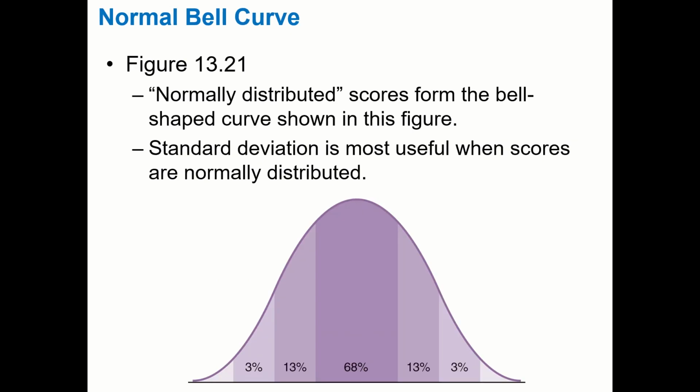So this is standard deviation. This is the old bell curve, and this is the standard distribution. So the mean, the average, is right here in the middle. And so what this means is that almost 70% of the scores, 68% of test takers, finished within this range. So all pretty closely clustered to the average, and then you start to get closer to your outlier. So 13% scored higher than one standard deviation from the mean, 13% scored lower than one standard deviation from the